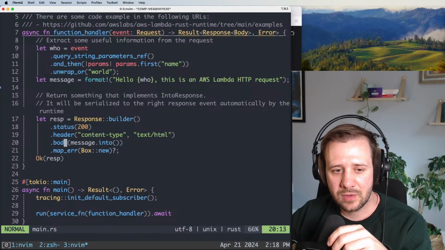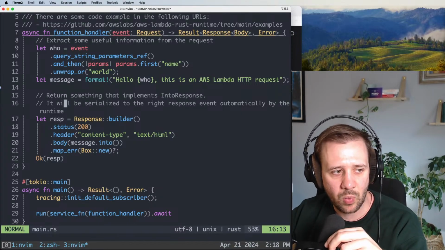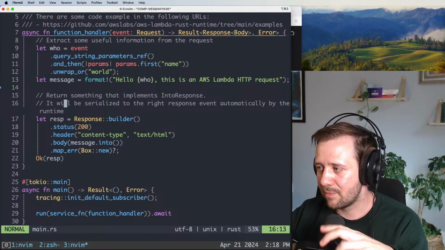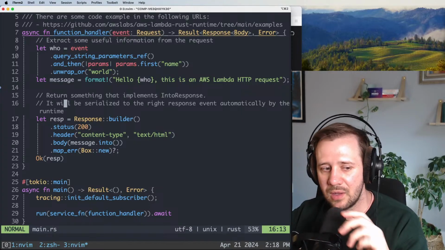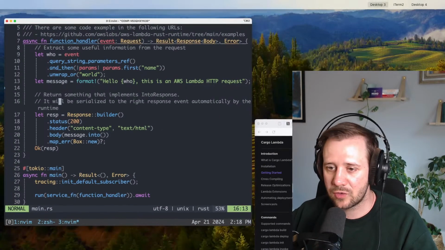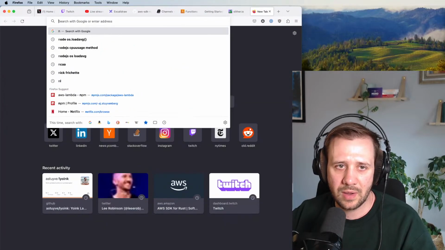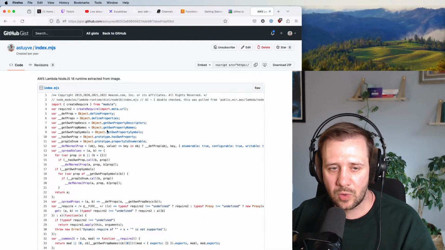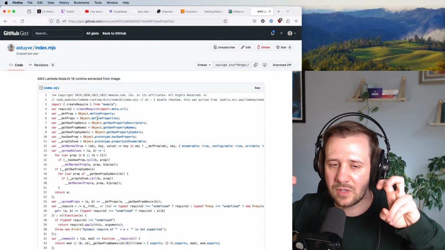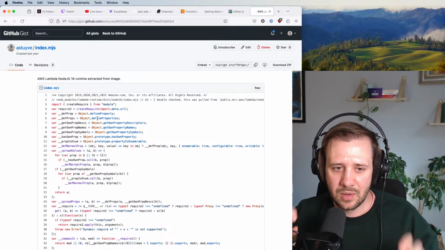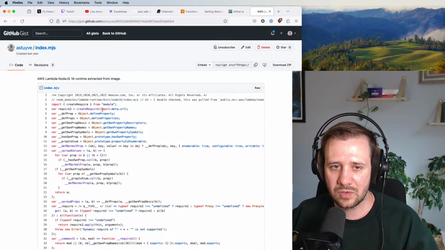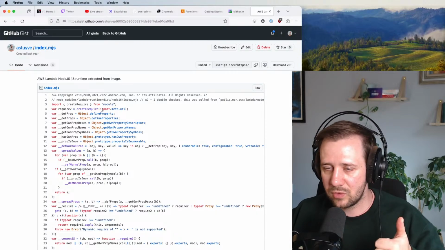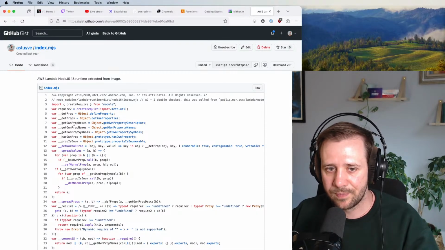Are all Rust Lambda functions using Tokio? No, it doesn't matter, right? Oh, we talked earlier about why Rust and Go don't have managed runtimes anymore. And the answer is that, if you haven't seen this before, I extracted the node runtime into a gist. So when you say Node.js 16 runtime, it's two things. They install Node 16 or Node 18 or Node 20 or whatever. And then they have this big piece